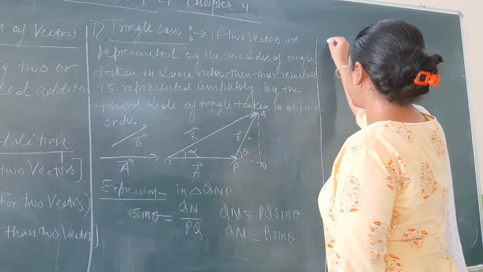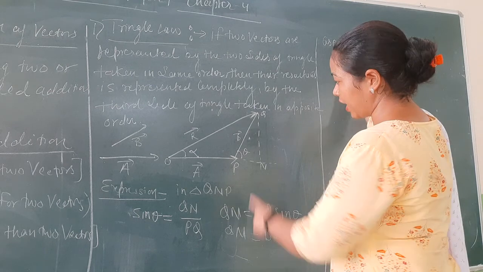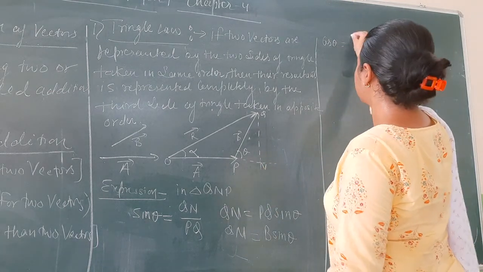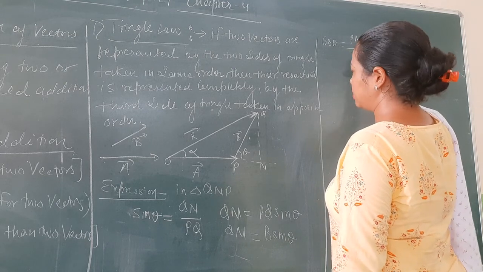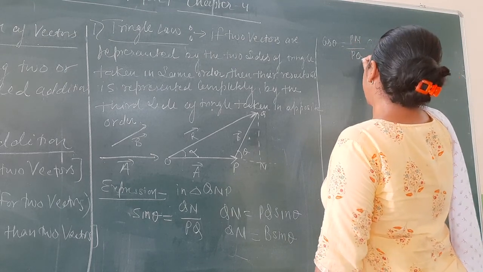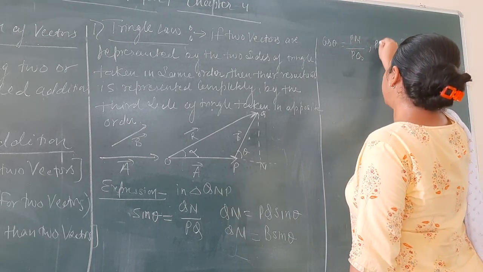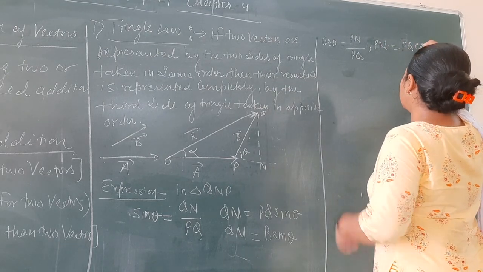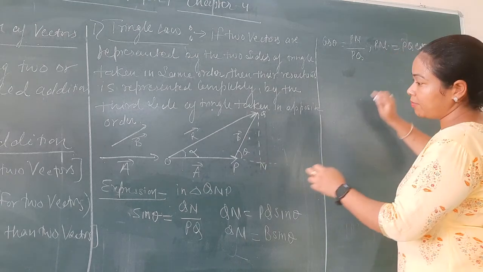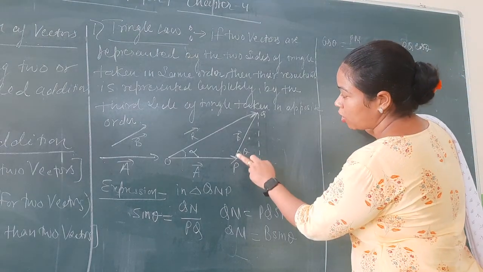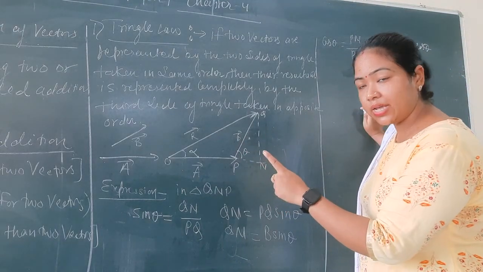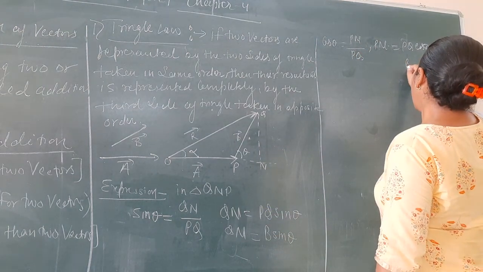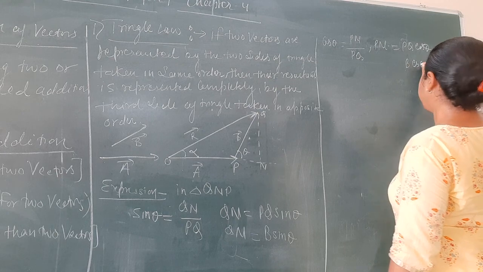Likewise we will calculate the value of cos theta. Now we will calculate the value of cos theta from the small triangle, that is base upon hypotenuse. So base is PN and hypotenuse is PQ, right? So from here we will get the value of PN, that will be equal to PQ cos theta, right? So what is the value of PQ? PQ is also the vector B, but we are not taking the direction here, we are only taking the magnitude, so we will only write down B cos theta, right?